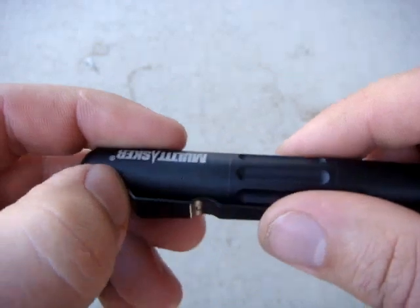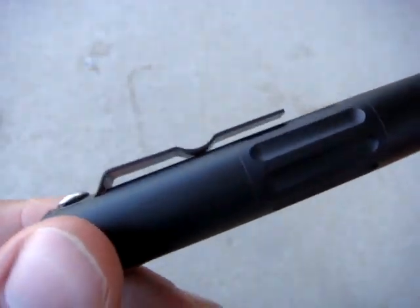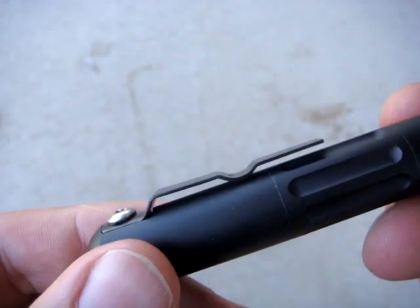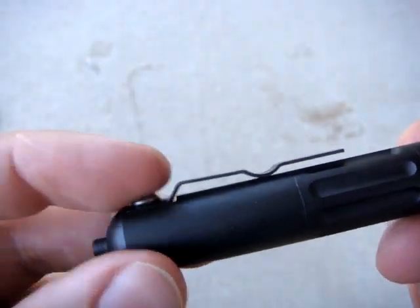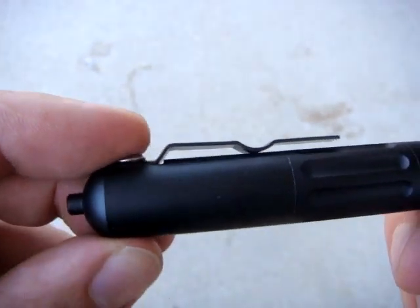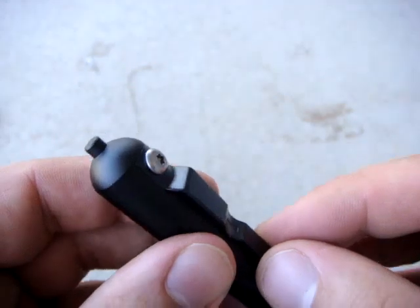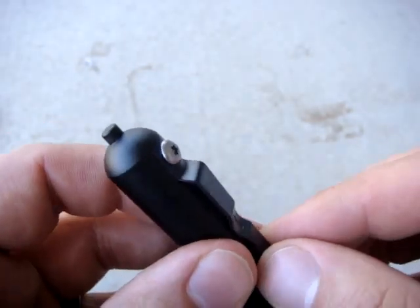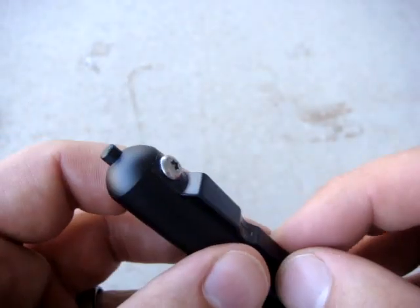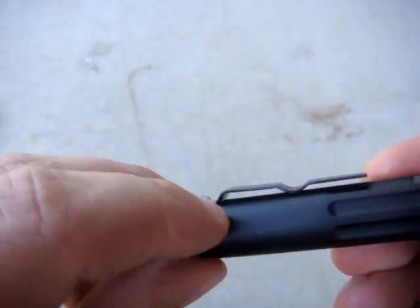The pocket clip is probably my main beef. Again, I have a thing about pocket clips apparently. The design itself is fine. There's nothing wrong with that. But the problem is that it really does need, in my opinion, to be secured with 2 screws. As it comes, it's kind of wobbly. It's difficult to secure something like this, even if it is recessed into the body of the tool, with just